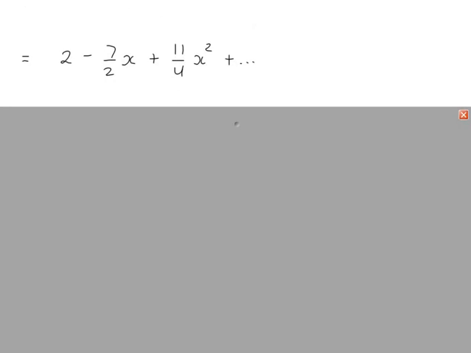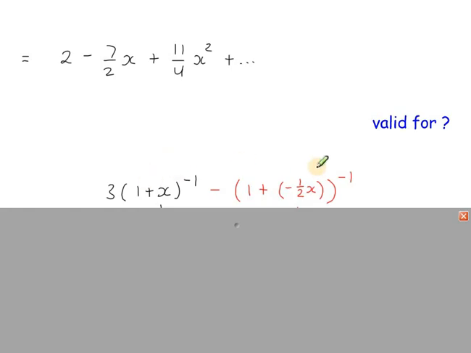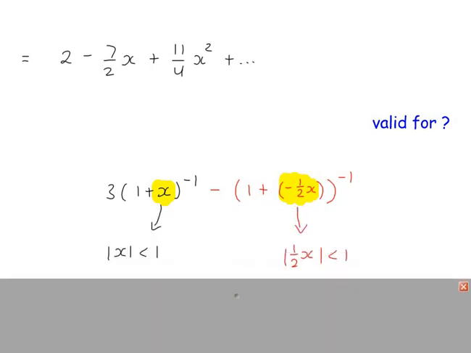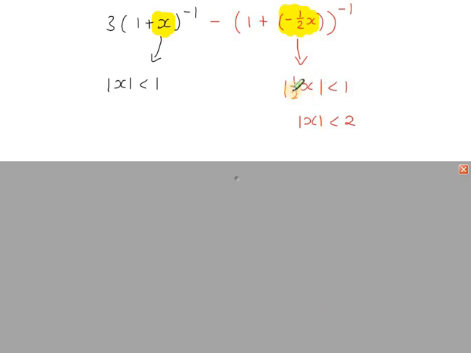But for what value of x is the expansion valid? Now we did 2 separate expansions, so the magnitude of the x term here has to be less than 1, and the magnitude of our x term here, the minus half x, has to be less than 1. So we've got this, and we have to look for the set of values of x which will satisfy both inequalities. If I multiply by 2,